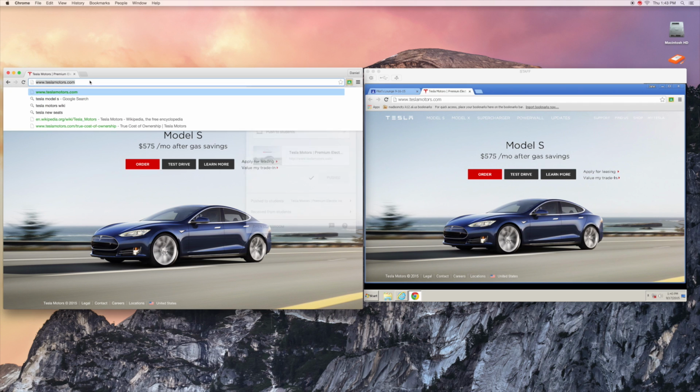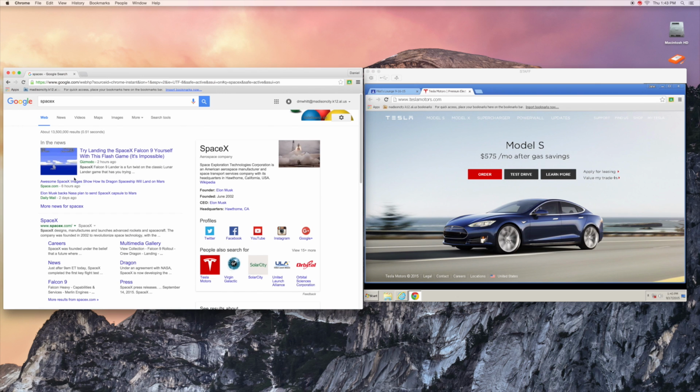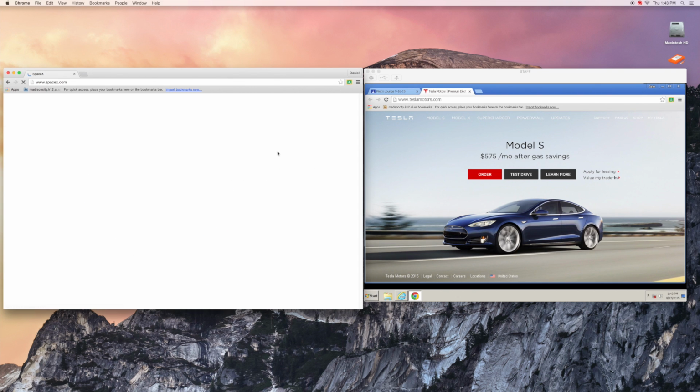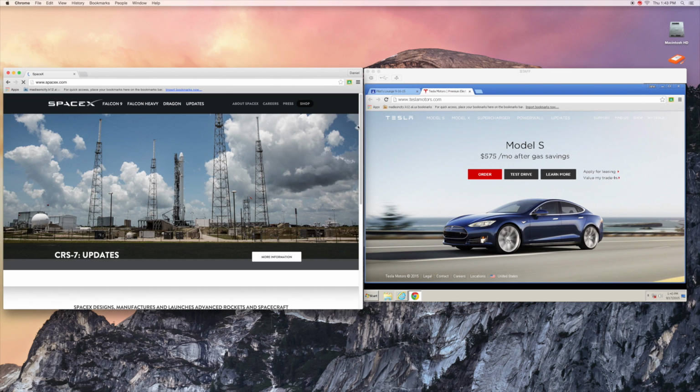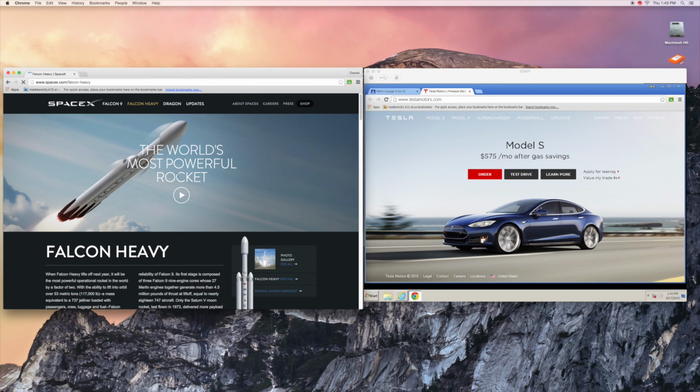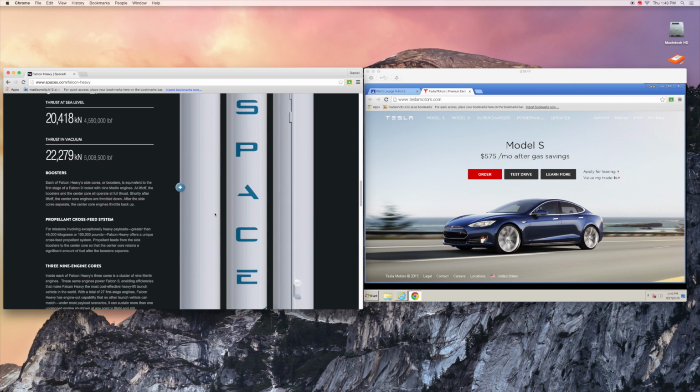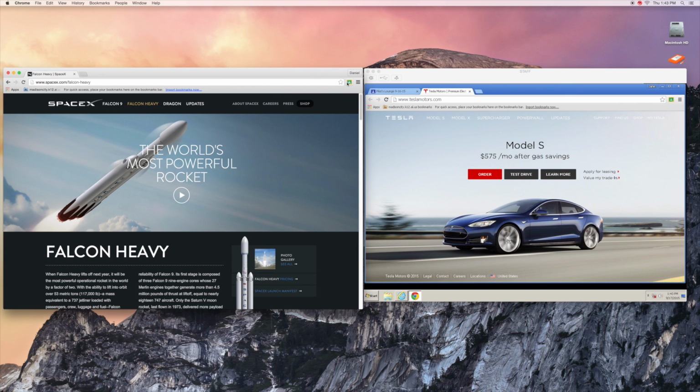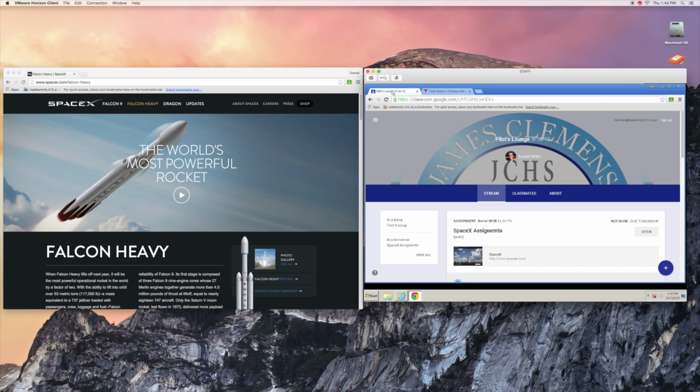All right? So now, and you guys can tell what I care about, I'm going to go to SpaceX. Okay, so now that same group of kids, I want them to read about the new Falcon Heavy rocket, and I want them to answer a question about it. Or I just want them to comment saying what they thought of this page. So instead of pushing it to them, I'm going to click back over here. I'm going to click on the Google Classroom extension,